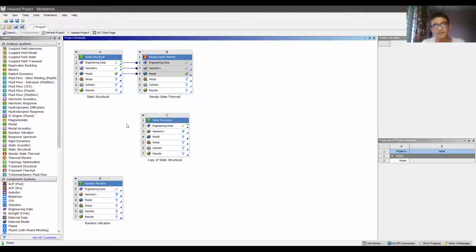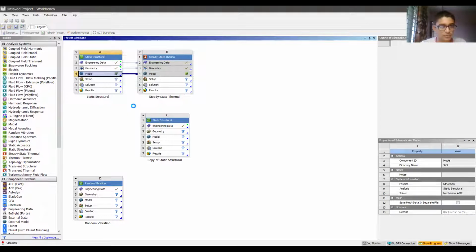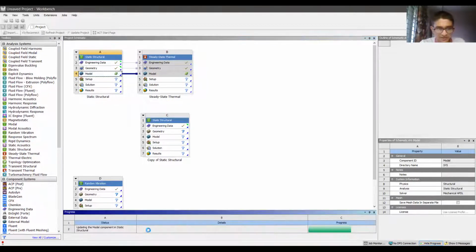That is because the standard processes in the model have already taken place. A standard mesh can be generated. So now I can directly run that model, but it will show an incomplete error. I can show the progress over here. That is the update of the model taking place.